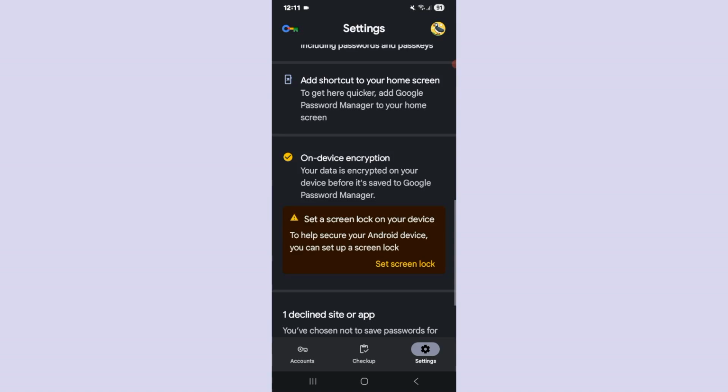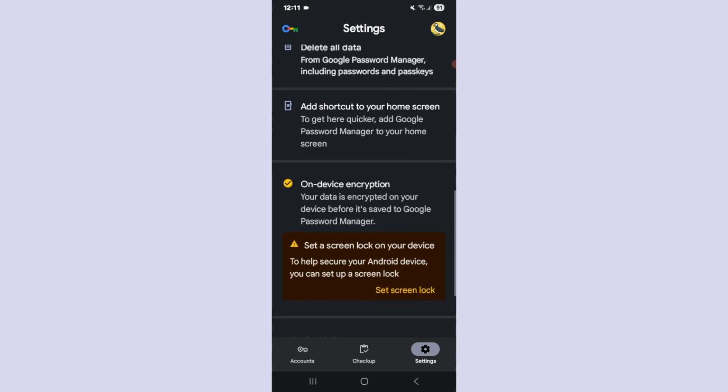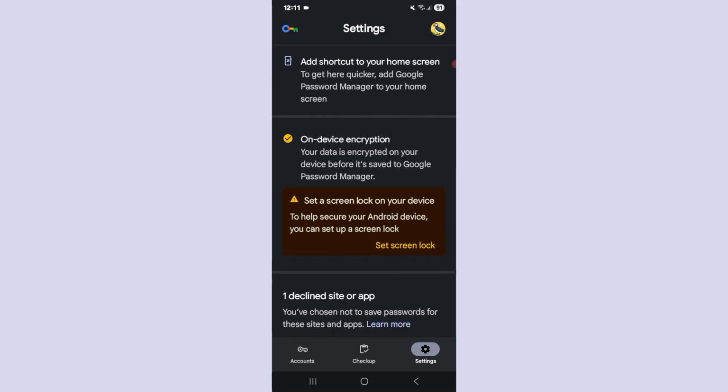How to fix the on-device encryption alert on your Google account. As you notice, I have enabled the on-device encryption settings, and now you notice that I have received